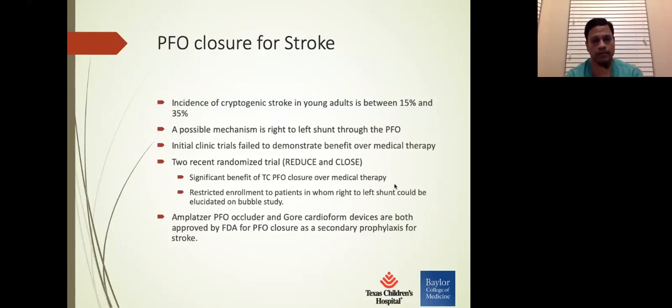Brief mention about PFO closure for stroke. The incidence of PFO in young adults is from 15 to 35%, and this is usually due to right-to-left shunting across the PFO. The RESPECT and CLOSE trials have shown significant benefit of transcatheter closure over medical therapy. Both the Amplatzer PFO Occluder and the Gore Cardioform devices are approved by the USA FDA for PFO closure. Occlutech has its own PFO Occluder, which is available outside the USA for secondary prophylaxis of